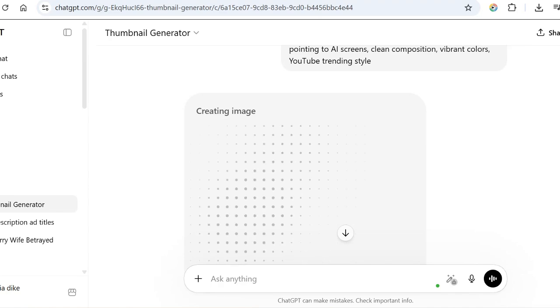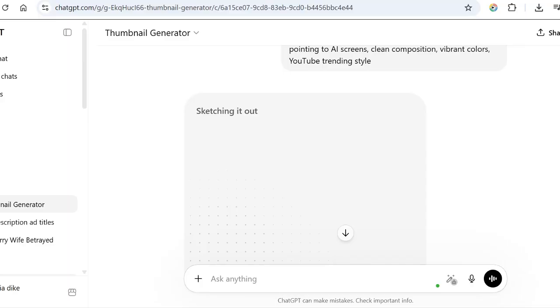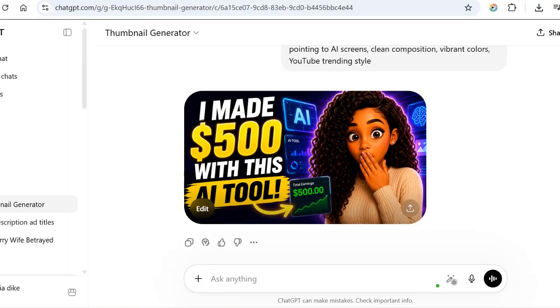Easy peasy. You don't need to stress at all. This will just create for you using the instruction that you have given to the AI. Did you see how beautiful that looks? This is beautiful. You can see it's the exact prompt, the exact title I've given. This is using GPT